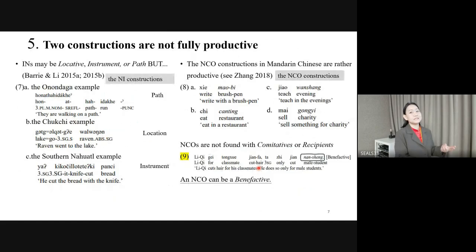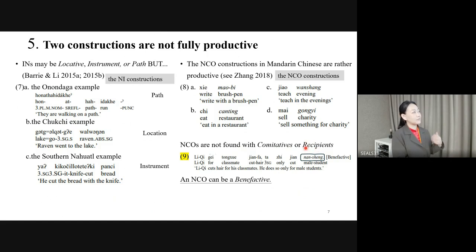Now, the second one is that it is not fully productive. Now, in this slide, we said productive. First one is productive because the incorporated nominal can be the path, and it can be the location, and it also can be an instrument like that. And in non-canonical objects, Zhang also gave an example here that is an instrument. The non-canonical object can be an instrument like mouthpiece, breastband, or hunting, locative restaurant, or temporal evening, and also it can be purpose